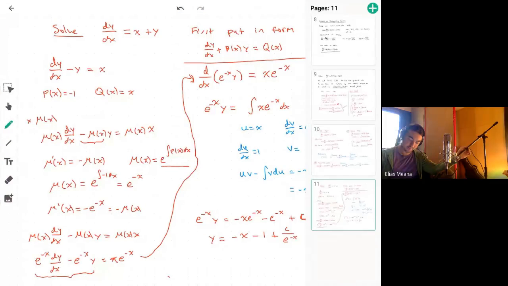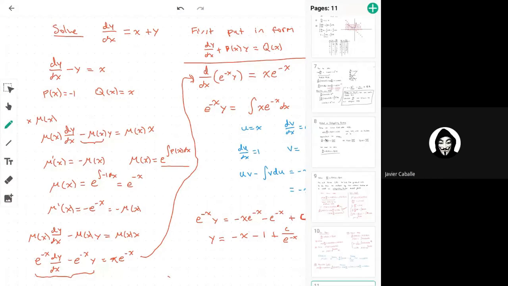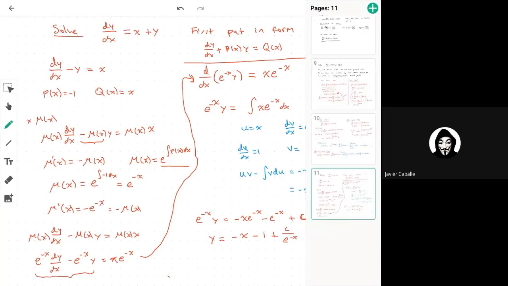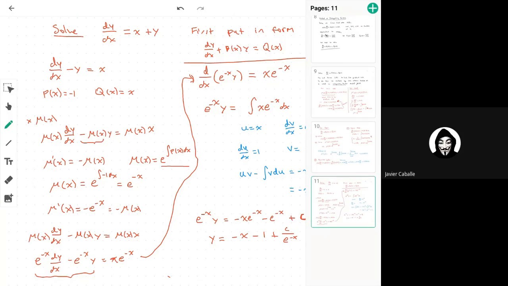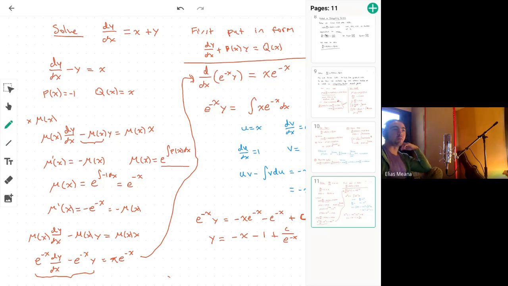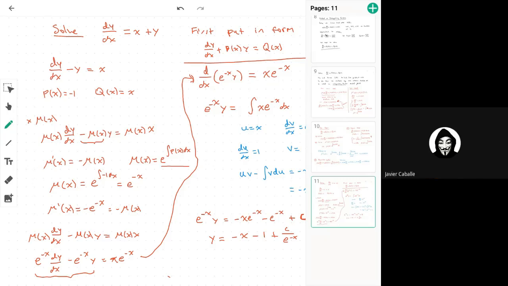Sure. I'm confused on one step. Go for it. Which part? We defined mu prime as being mu times p, right? Yes. So then, in theory, you can define mu as being mu prime divided by p. I mean, sure. But then we don't know what mu is because it's still mu prime in terms of mu, or mu still in terms of mu prime. Then if we plug in that mu, the p's would cancel and we would only have mu prime,